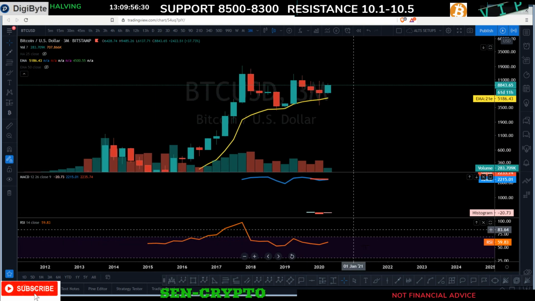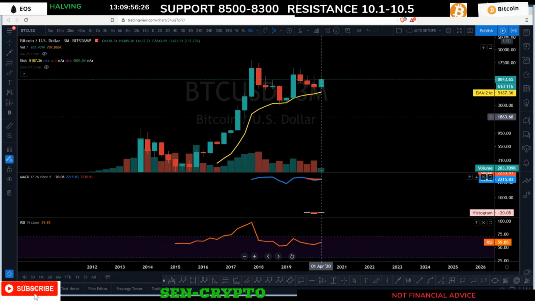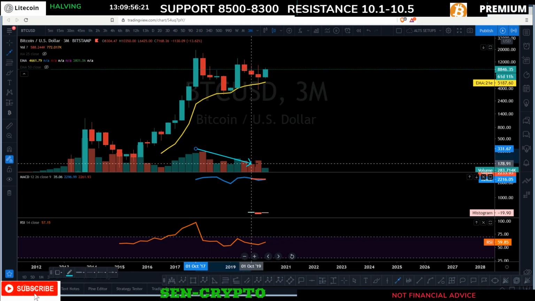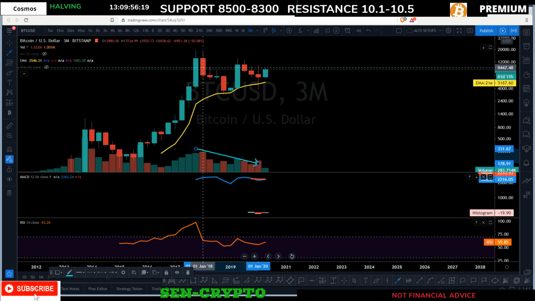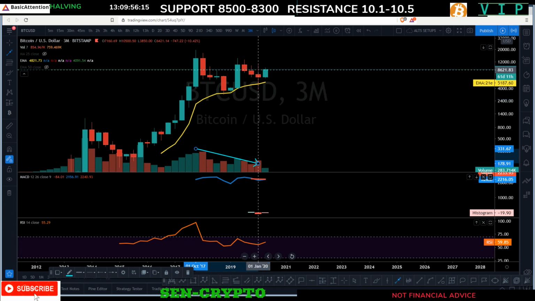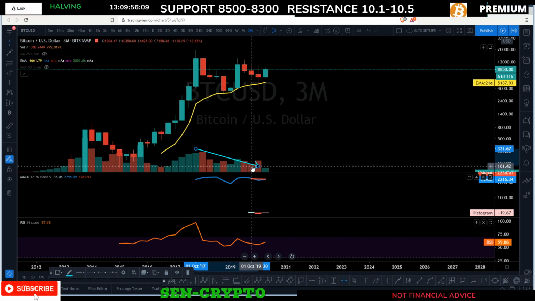So on the 3-day chart, just about the first week of March, I was showing you how the volume was decreasing from 20K all the way down to basically the 3K, 4K area, right? So you can see volume was pretty much decreasing, and I was like, we're going to basically capitulate, and then the volume is going to break this trend.